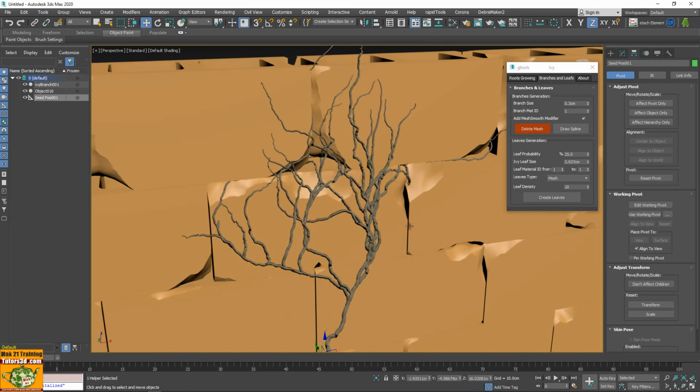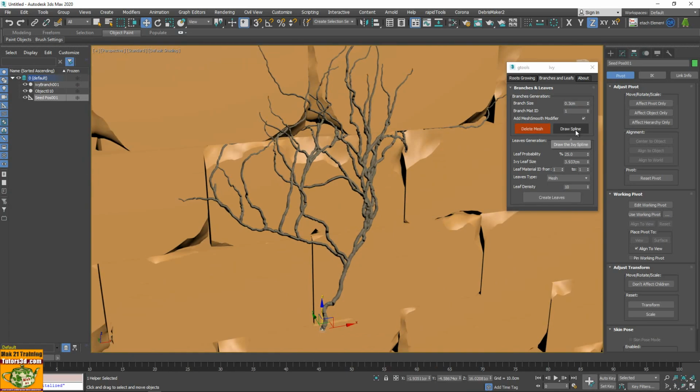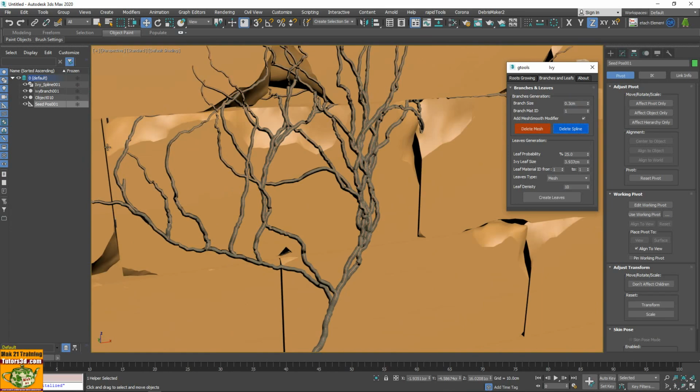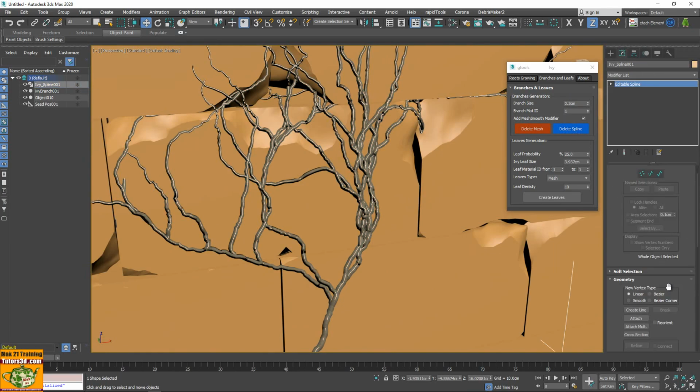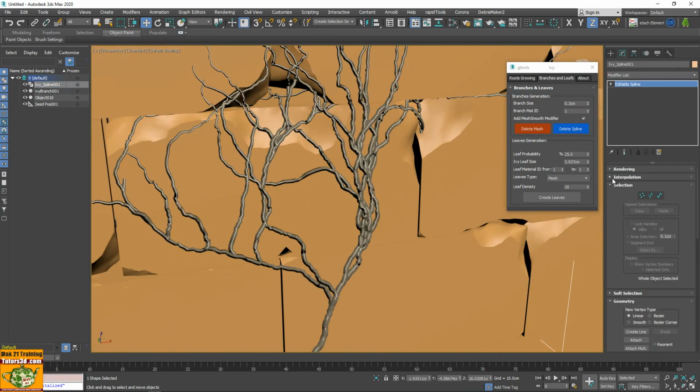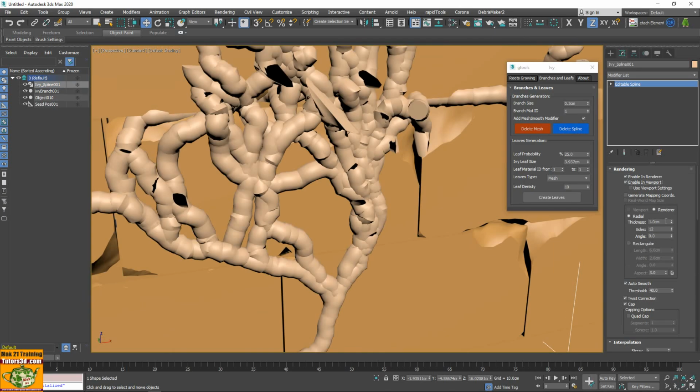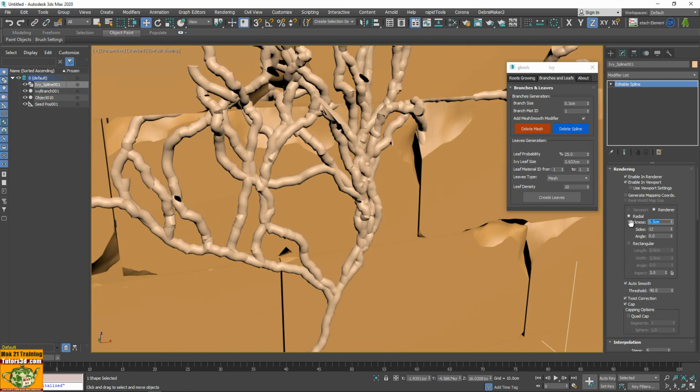I have the possibility to create splines: draw spline, generate splines that are, let's say, in here. And from the spline 1 here, there is also the interpolation rendering. Enable in render, enable in viewport. The spline's thickness can be modified. In this case, being a spline, I can go directly to the vertices of my splines and modify the vertices of the splines.